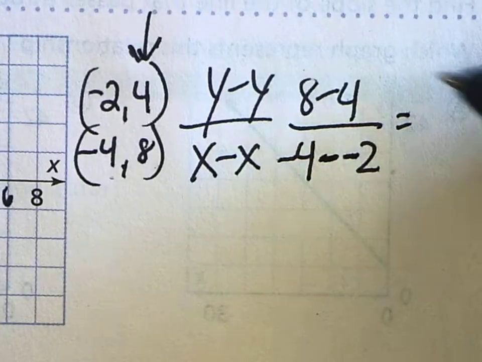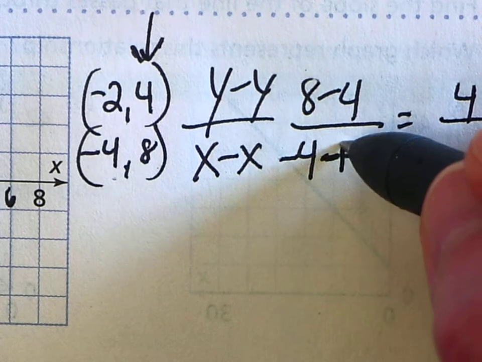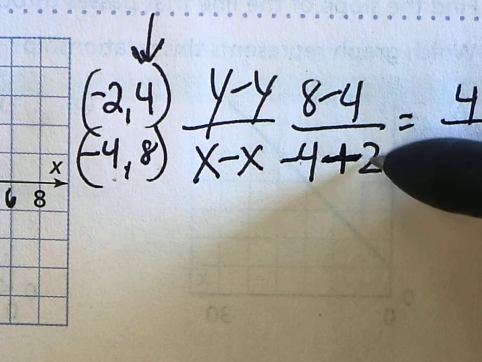Y minus y over x minus x. 8 take away 4 is 4. Now I have a double negative here. So double negative is positive. Negative 4 plus 2 is